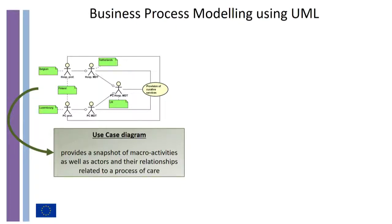In this case, the actors are represented by stickmen, and the relationships are represented by the different lines that connect the different actors. Moreover, we added green notes to highlight, for each country, which actors are involved. So for instance, in Belgium, the hospital professional is involved in this activity, while in the UK, there is a multidisciplinary team composed of primary and hospital professionals that work together to provide